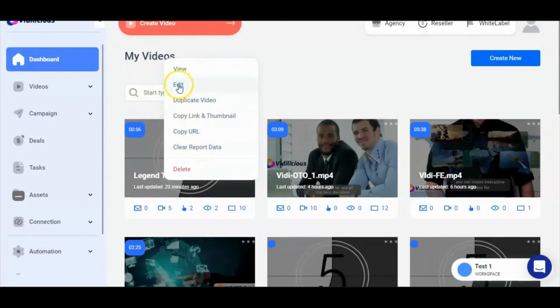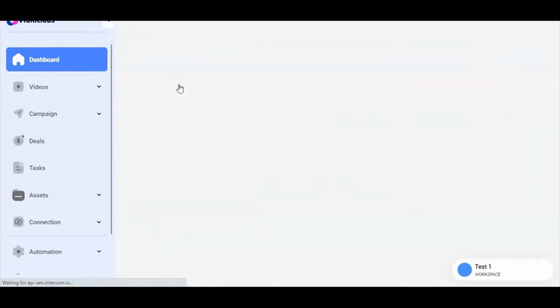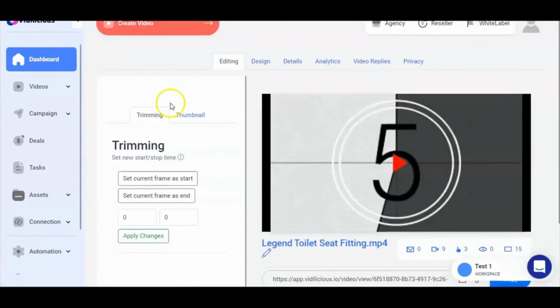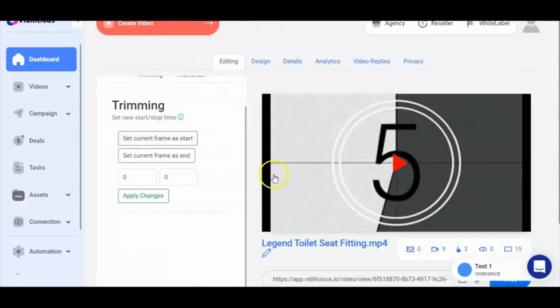So what I'm going to do, guys, is I'm going to edit this video. Just bear with me while it loads up. And here we are. So the first thing you can do is you can trim the video. You can choose the length of it. That's really good for things like shorts, or if you just have bits in the beginning or the middle or the end that you don't want to be showing. And then you can decide on when to start and when to finish for your new video,